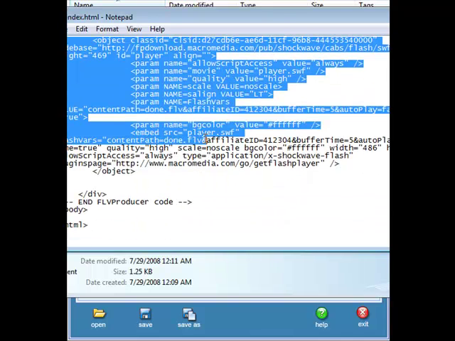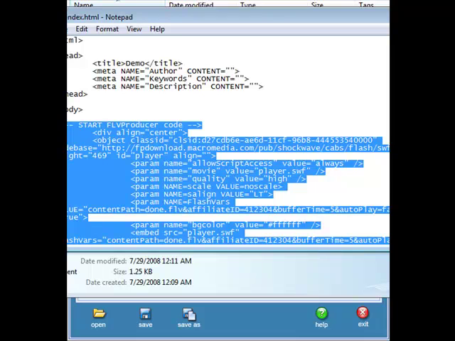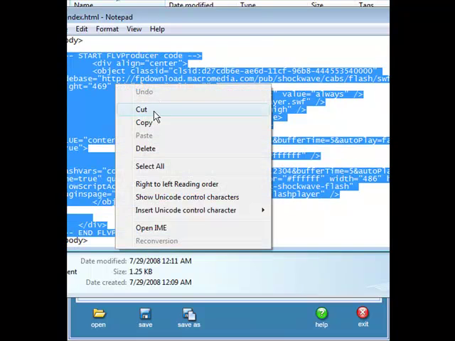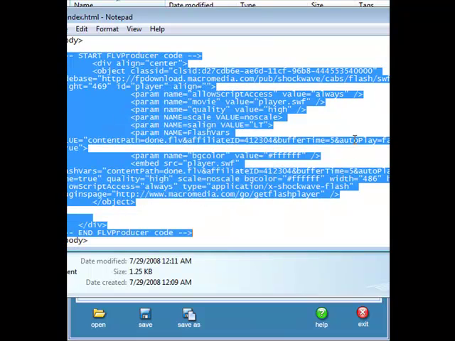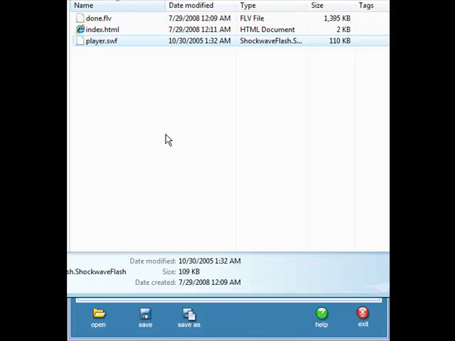So just grab all of this just before this body and just after that body tag. Just copy it, and then you can paste that right into your website. Now, your main website and all of these files, the done and the player, have to be together. You won't need this index file, just the contents that we have here. So I'm going to go and grab a demo website, and then we're going to show you how to do